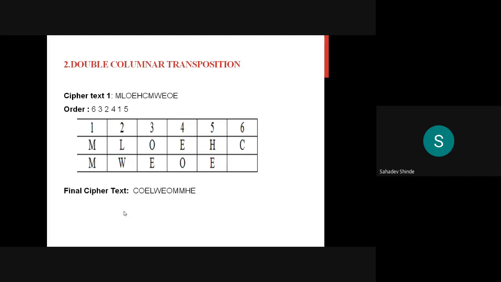What is the final cipher text here? To calculate the final cipher text, we consider this order of the columns.